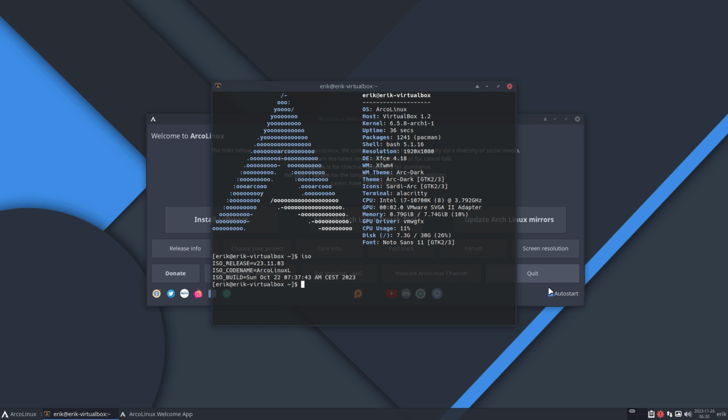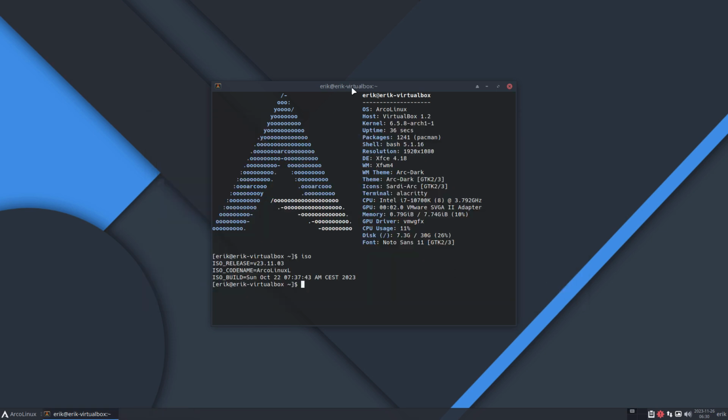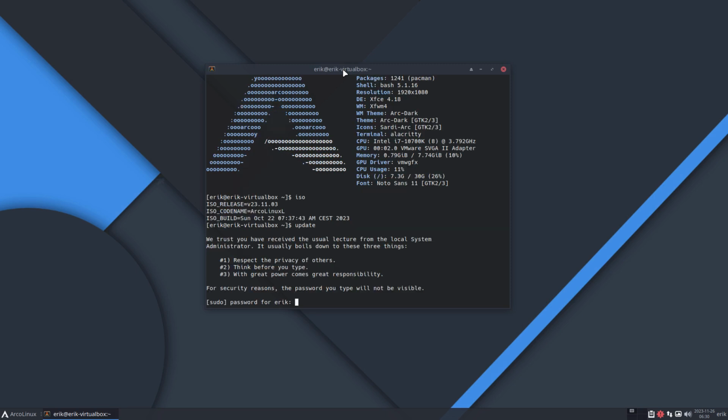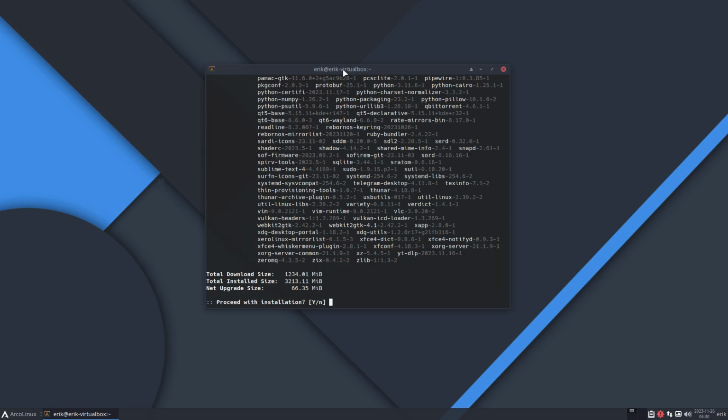So the topic is how to update, like how to keep a Samsung Android and Apple iPhone updated. You need to update. It's important for speed, for security, and for so many things. So yes, if